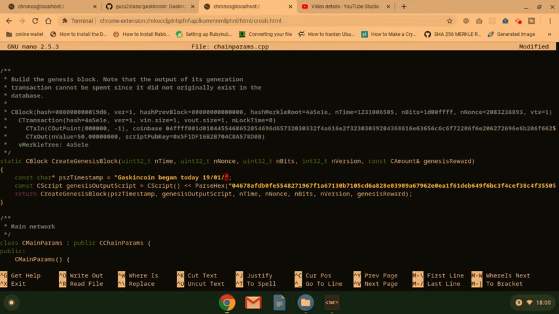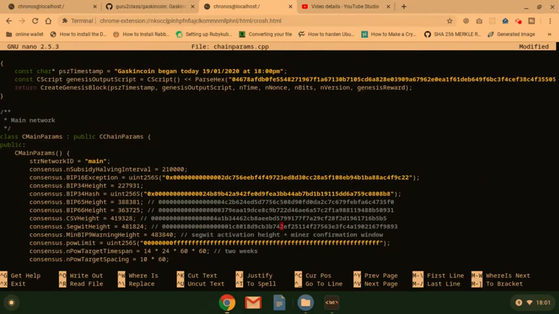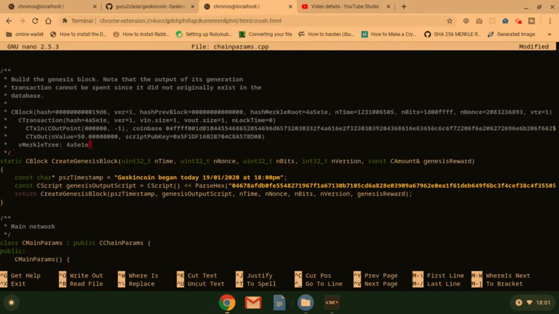1901, 2020 at 16:00 p.m. Wow, we can have that. Then we'll go down. Before we go down, you create a space here. Then we're going to add our code that will mine a new block, that will start a new block for